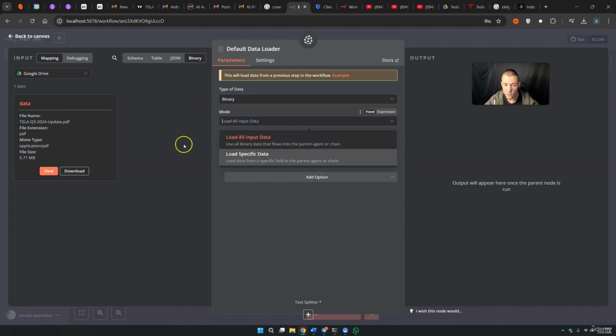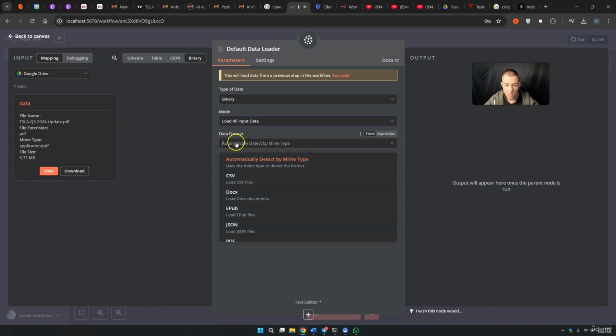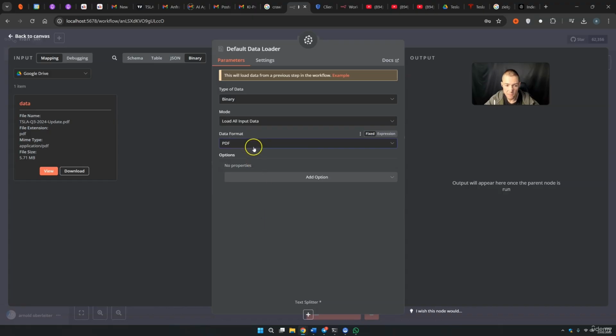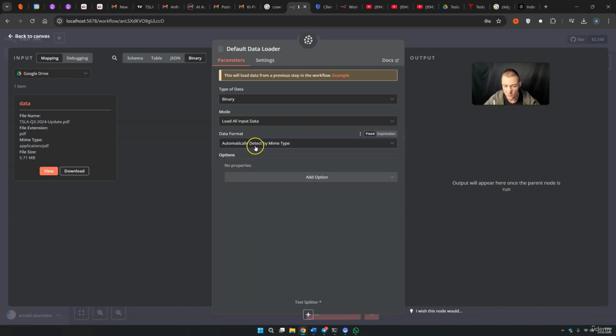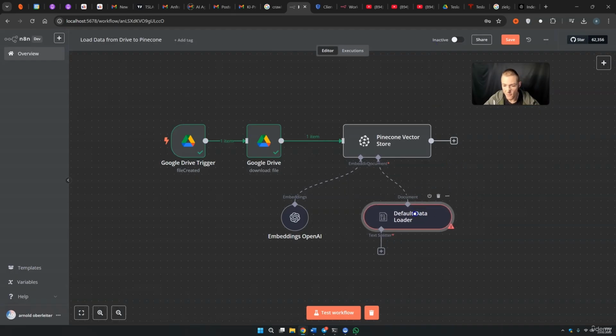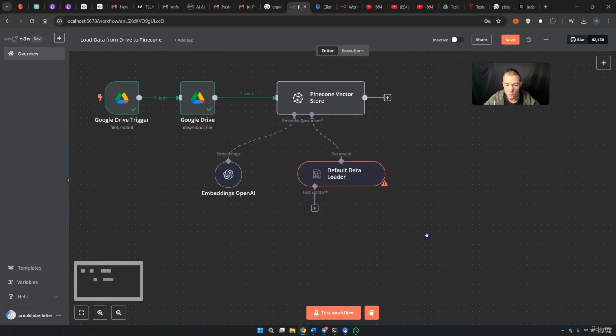You can also load specific data if you do not want to load specific stuff. And the data format is, in our case, a PDF. But you can also just use automatically detect by MIME type. If, let's just say, you want to upload sometimes text files or whatever, you can also choose this right here. And you close this down, and this thing is still red because you need to have a text